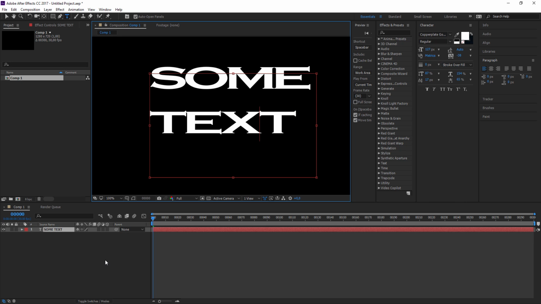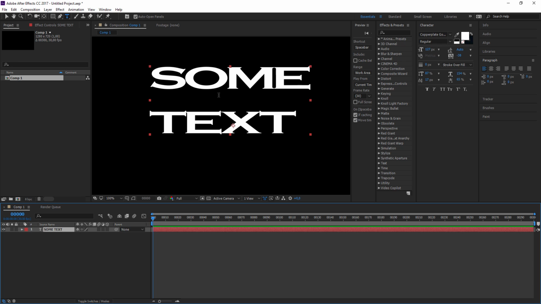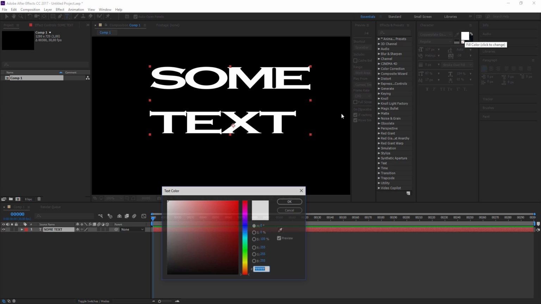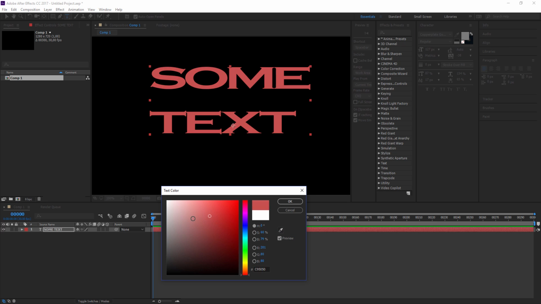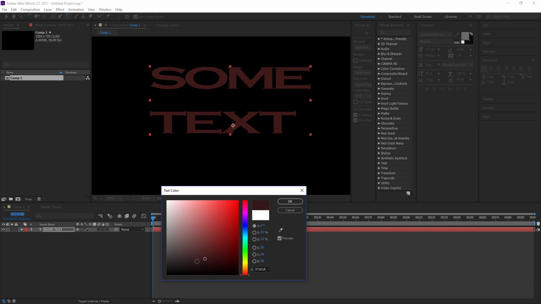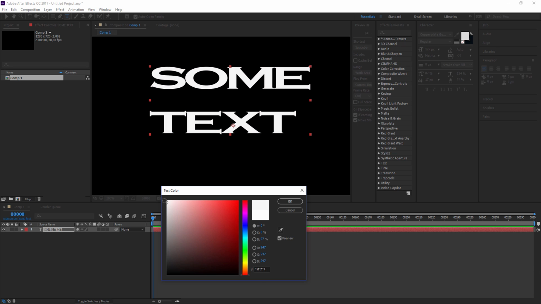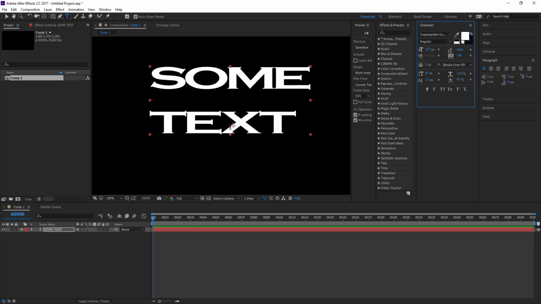So let's see what we can do with this. So here's the text. Ensure the text is selected. So you can change the color up here, and you can see it's gonna instantly change as you pick a color. Let's just leave mine for white now. And